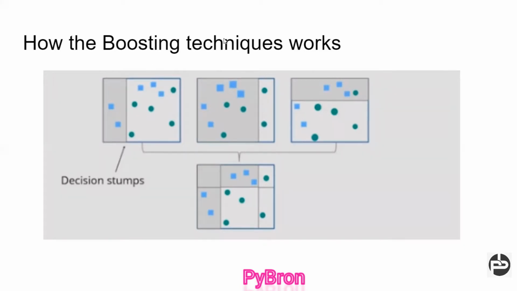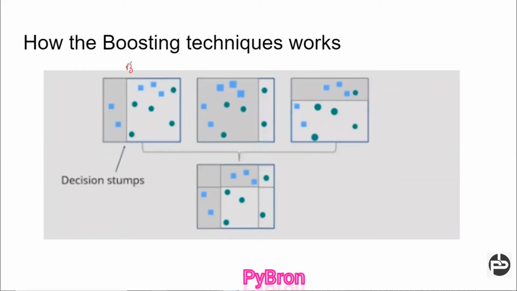Let's suppose we have base learner 1, base learner 2, base learner 3, and this is base learner 4, BL4. Okay, so just try to understand. Actually, this diagram is not correct as of now. Just try to understand this base learner.